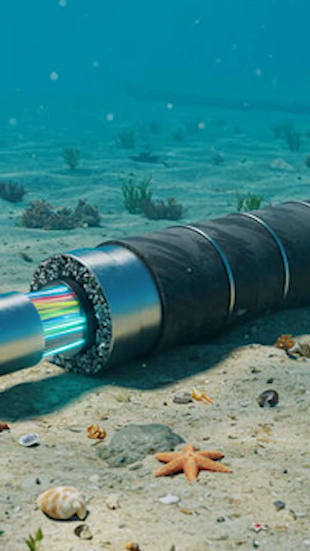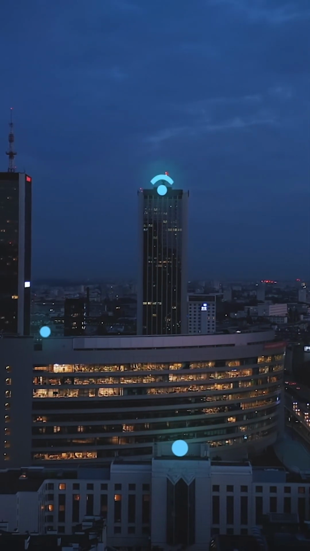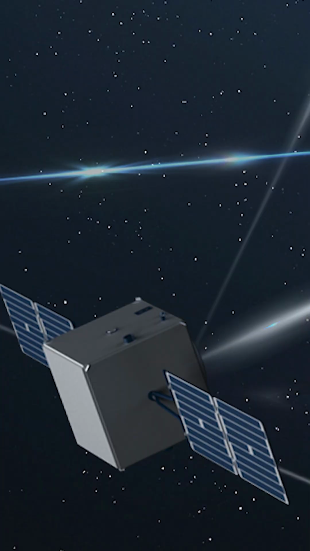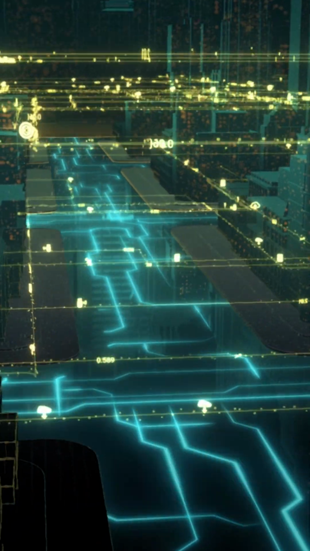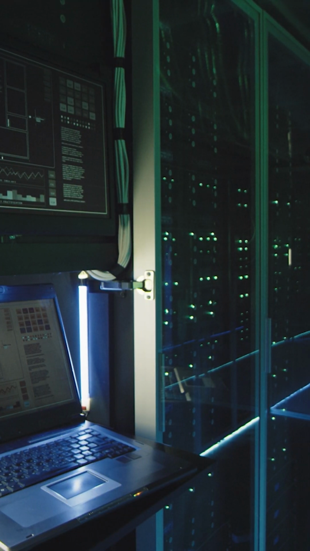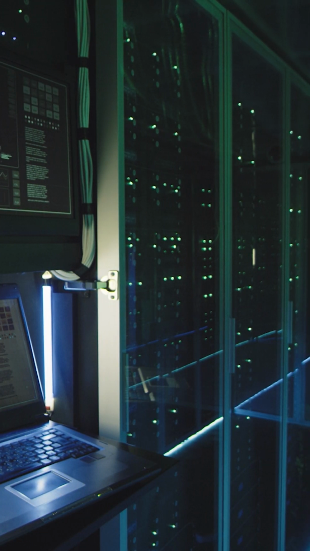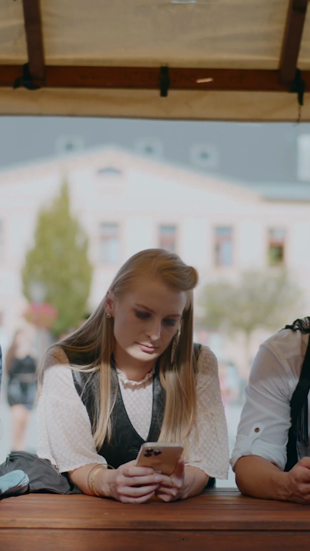Each of these packets might take a different path. Some go across fiber optic cables laid on the ocean floor, while others might pass through local networks, satellite links, or even mobile infrastructure. They're all reassembled in perfect order when they arrive. It's not just the speed that's impressive, it's the reliability. Billions of these transactions happen every second without fail, and yet, most people have no idea what's really going on